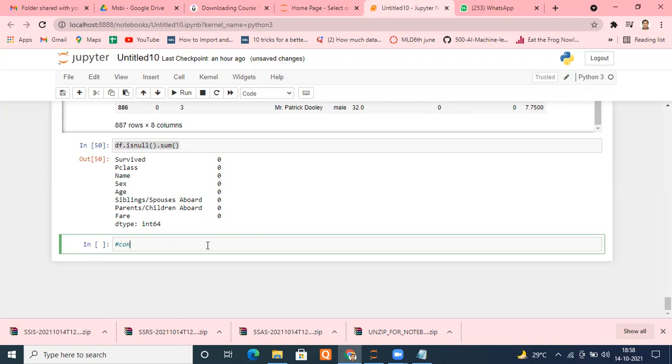You may have to work on 4, 5, 6, 7, even 20, even 1,000 CSV files at a time. Till now, whatever we were doing, we did on only one CSV file or one data frame. But scenarios may arise where you have multiple data frames or multiple CSV files, and sometimes you have to combine them. There are different procedures to deal with multiple data sets, coming from multiple sources.